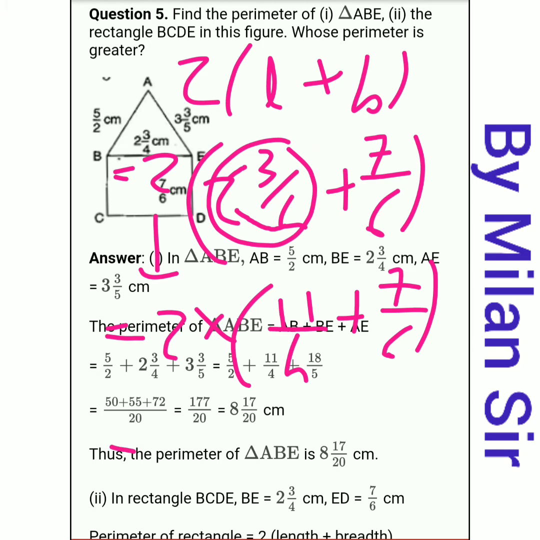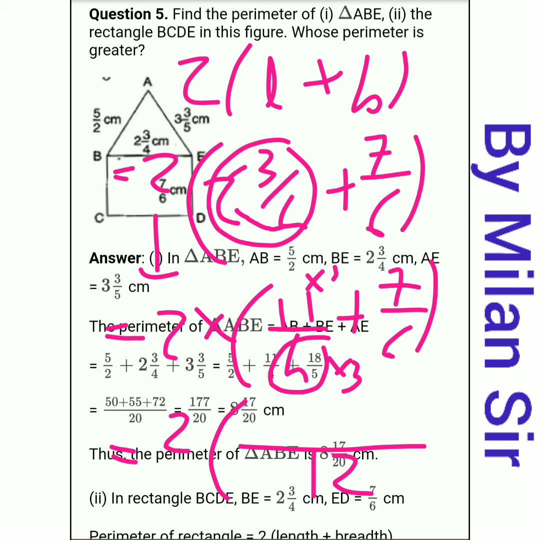Okay, so here now we need to simplify our bracket. In the bracket we need to take the LCM. We have our denominators 4 and 6. If you take the LCM of 4 and 6, it is 12. So in the denominator we need to write 12. Now just think how we can convert our 4 to 12. For 11 by 4, the denominator we have is 4, but we want 12, so we need to multiply it with 3.